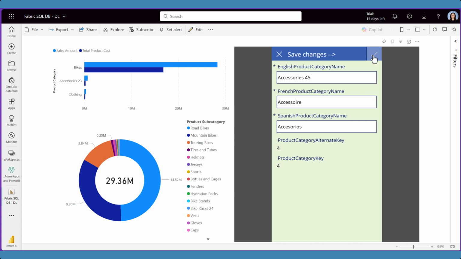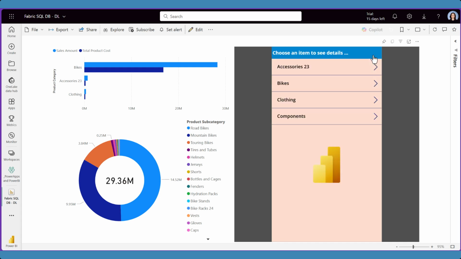So when I click on submit item, the application updates the data in the backend and a page refresh is actually triggered. However, I don't see the changes yet. That's because there's a little bit of delay for those changes to show up. So if I go here and manually click on refresh visuals, that's when after a few seconds, I'm gonna see the changes. So let me try that again. And here it goes. So it took 2 attempts by clicking on the refresh button up here for the results to come back. So there is a delay of a few seconds, maybe up to 30 seconds for the changes